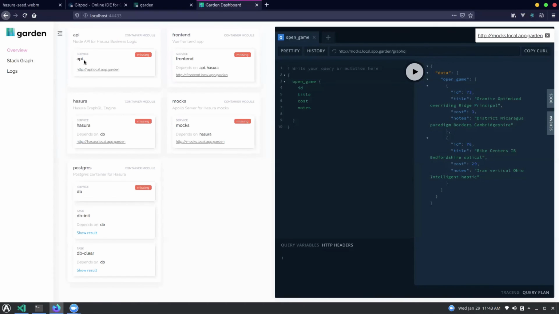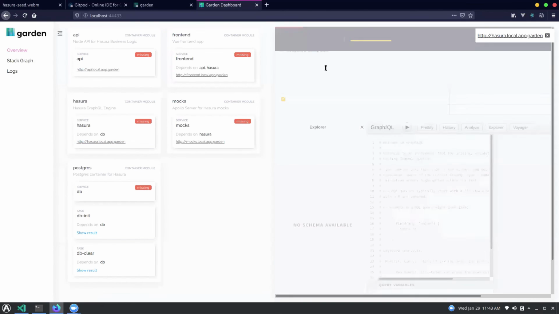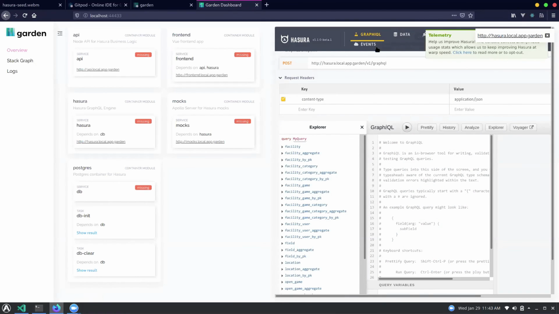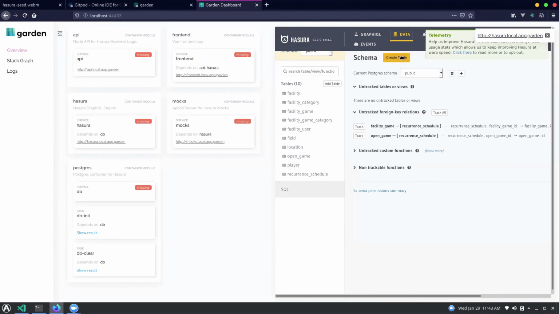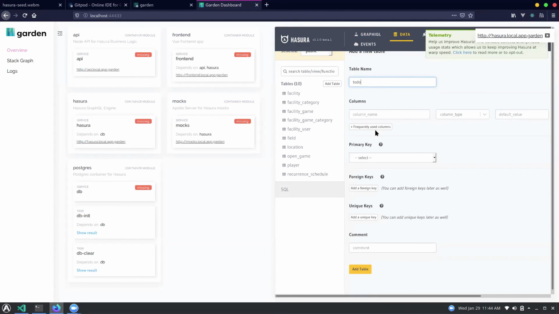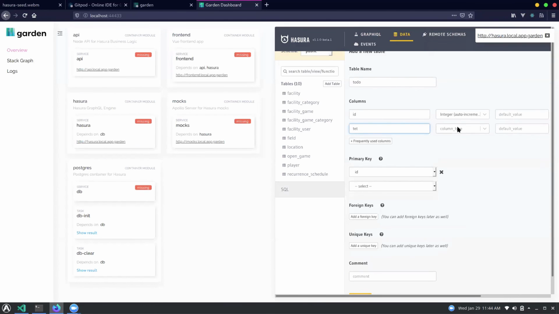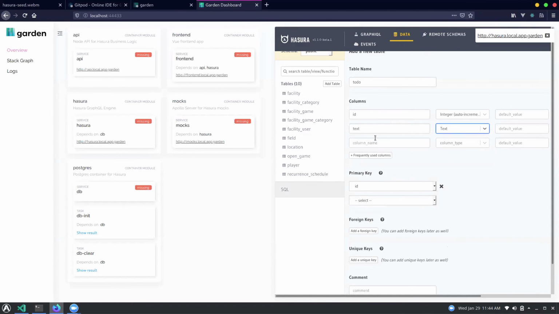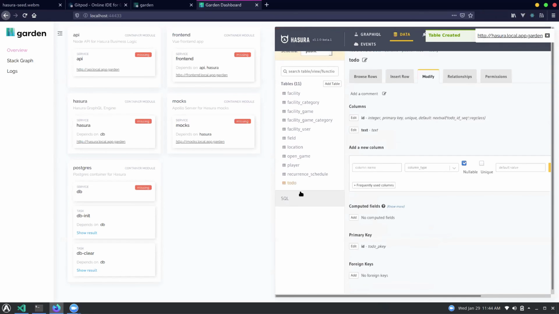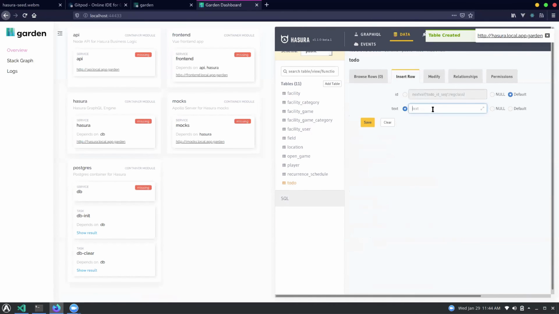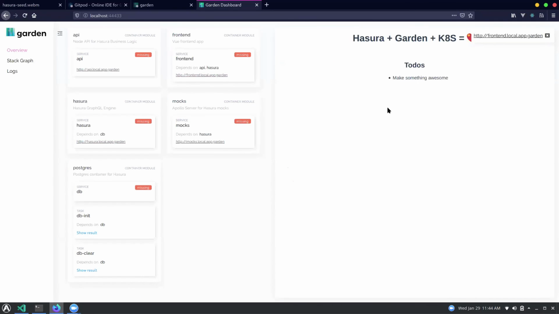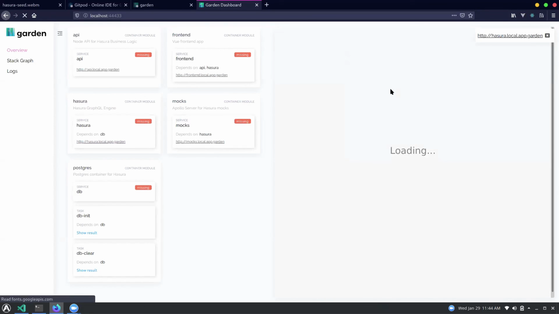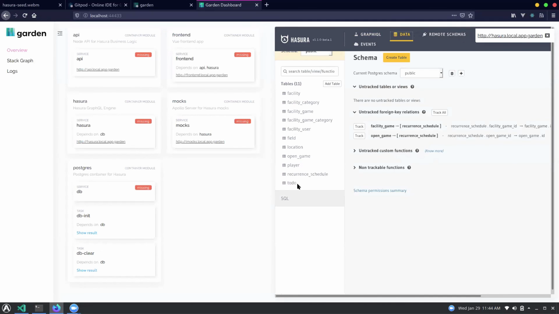So what I'll do is I'll come into Hasura. I'll go to data. I will create table todo with ID and text. Type text. Let's add the table. And then I will insert row, make something awesome, save it. Then if I open my front end, you can see here that it's hitting my Hasura instance. If I go back and I insert another to-do,